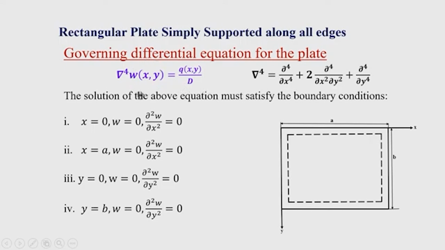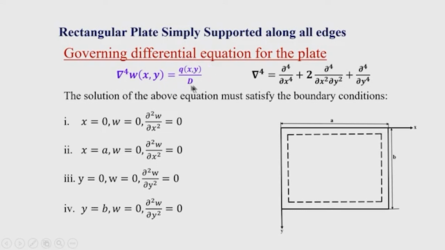You can see this is a fourth order partial differential equation, and it is also a non-homogeneous differential equation. So, if I consider the linear analysis, then I have to obtain the solution in two stages. First, I have to obtain the homogeneous solution taking the forcing function as 0, and then I have to obtain the particular integral or particular solution, and then superimposition of that will give you the general solution. The process becomes lengthy if we follow